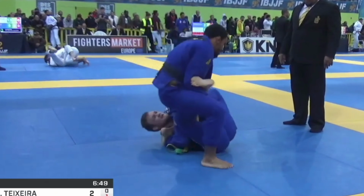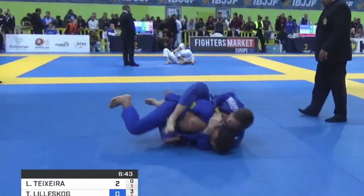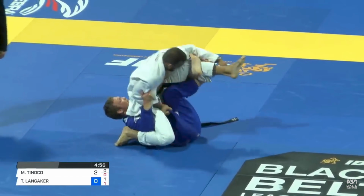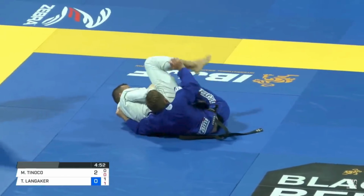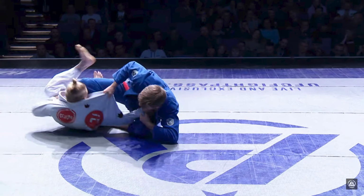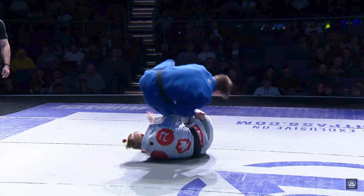The matrix has been one of the coolest techniques to be developed in the last 10 years of jiu-jitsu. Not just because it's extremely effective, but also it's just very fun to watch. And I think that's a super important aspect of jiu-jitsu. In a world full of double guard pulls, 50-50 stalling, lapel stalling, it's exciting matches that make us love this